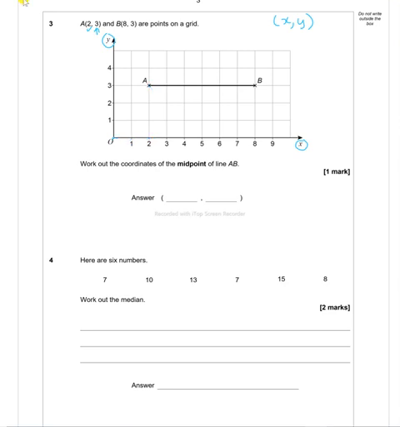Okay, and the same thing with that, I travel 8, so I go all the way to 8. I've got 8 in the X direction, I need to go 3 up. 1, 2, 3, and I end up there. Okay, so they want the middle. They want the middle. So you can do it a few ways. If you ever get stuck on this, get a ruler, measure it,